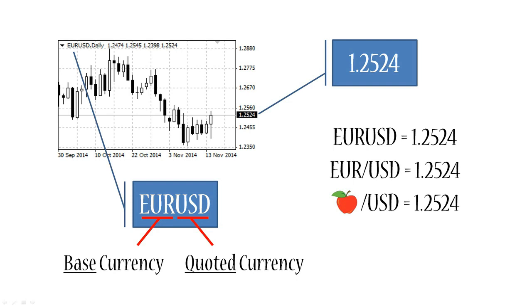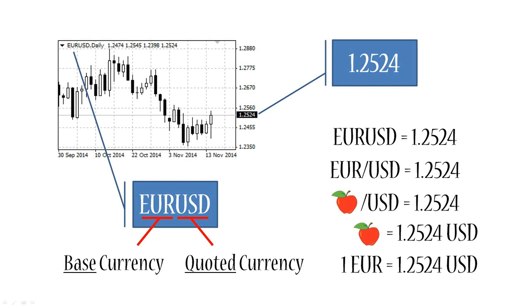So that means we can easily replace it with something else that also physically exists, that is better known to us, like apples. For example, you can count apples, you can weigh them up, and you can hold them in your hands just like euros. So there is no harm in replacing euros with apples, just for the sake of this example. So here you can see that the price of a single apple in American dollars is 1.2524. And that's exactly what this equation means.